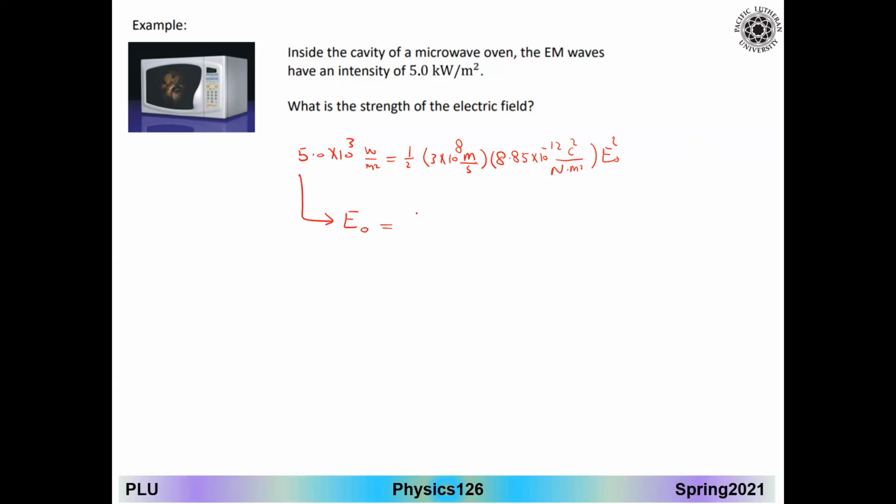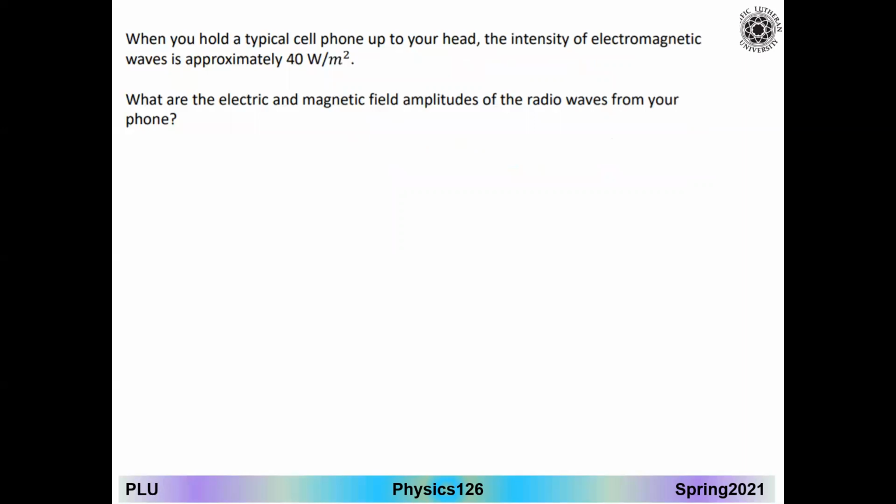I hope you can find this calculation and you confirm it. It is 1940 volt per meter. So this electrical field, if you compare this value with the previous example regarding the laser, you see the comparison: when you're talking about the laser, it has a very strong electrical field. The last problem here,